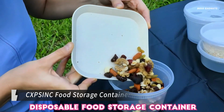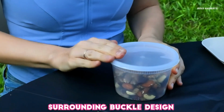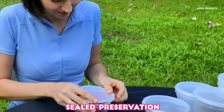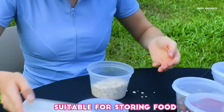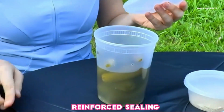Organize your kitchen and simplify meal prep with these versatile CXPSINC food storage containers. Each set includes 50 durable containers with 50 matching airtight lids that create a leak-proof seal, keeping food fresh while preventing spills and messes. Crafted from premium heavyweight polypropylene that's completely BPA-free, these clear containers allow you to easily identify